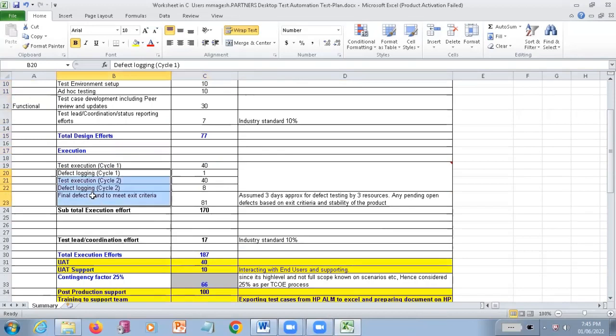And for executing the test cases, cycle 1, cycle 2 and all those things, cycle 1 is going to take 40 days, and defect fixing maybe 1 day, and cycle 2 again takes 40 days and 8 days, something. See, this is going to vary from project to project.